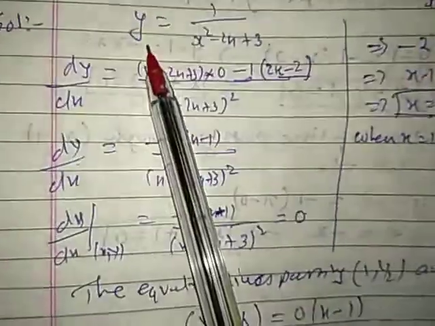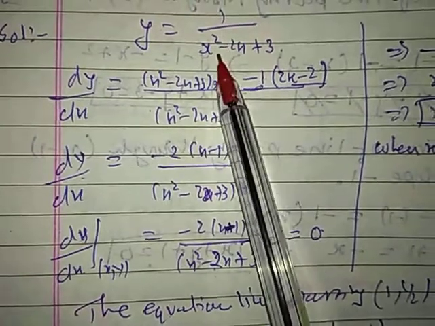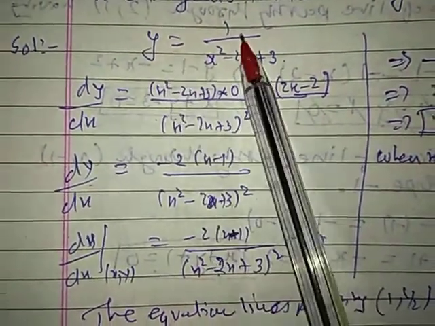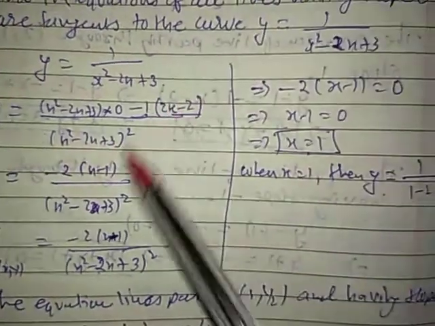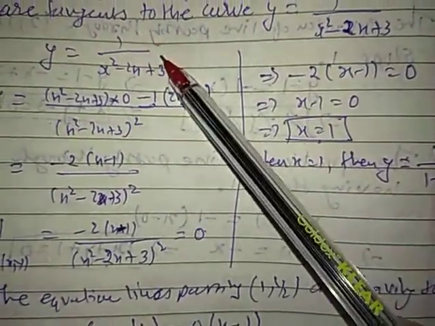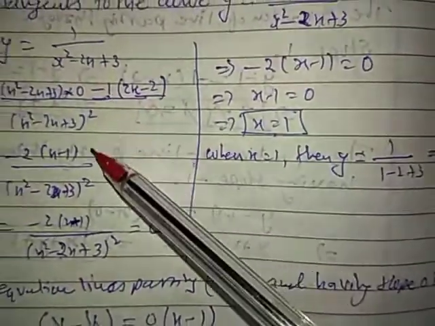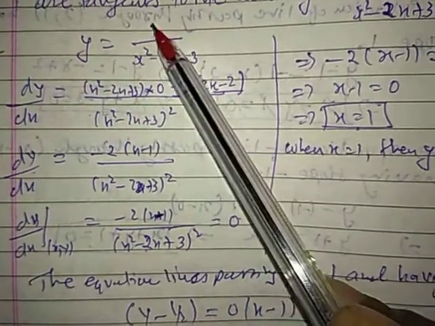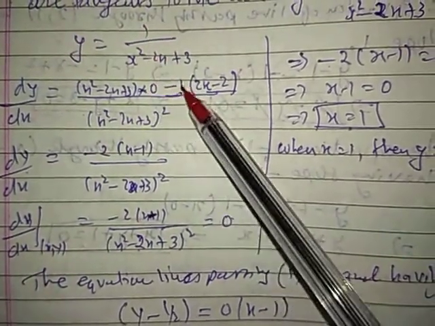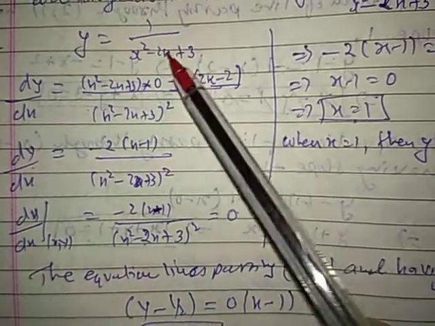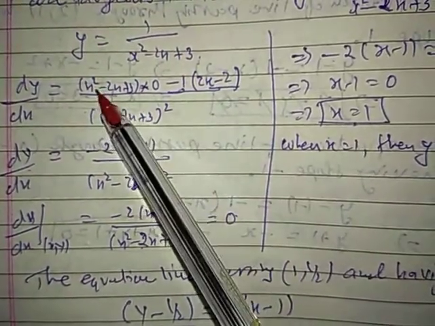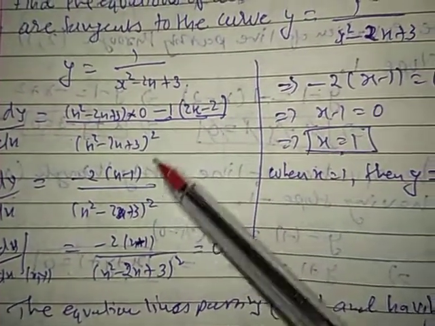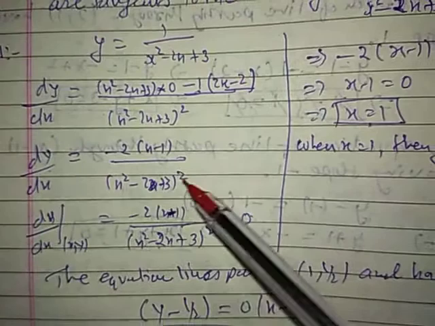Is it? So y is equal to 1 upon x square minus 2x plus 3, that is u into v. You can also multiply it and take, if you find it convenient, or the v by u form. Okay, divide it. This is whole square. Take the derivative of 1, that is 0, minus 1 will be kept constant and we'll take the derivative of this. Derivative of this is 2x minus 2. Is it? Whole square. So simplifying this, we'll get this expression.